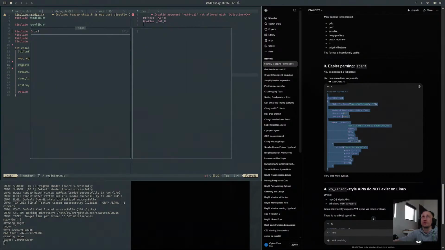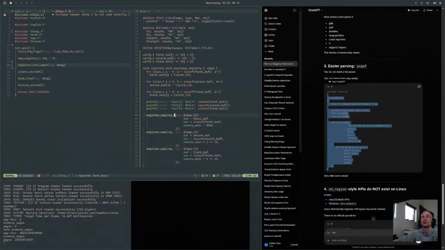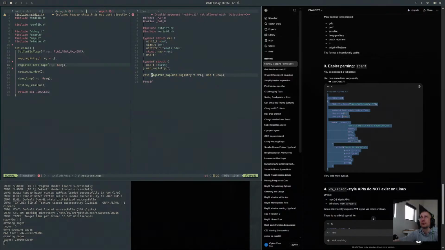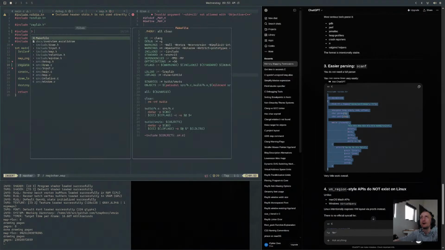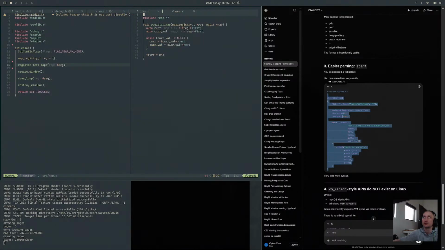And then if we go to the debug, sorry, debug.h, our register map, sorry, this will be map.h, or map.c I should say,